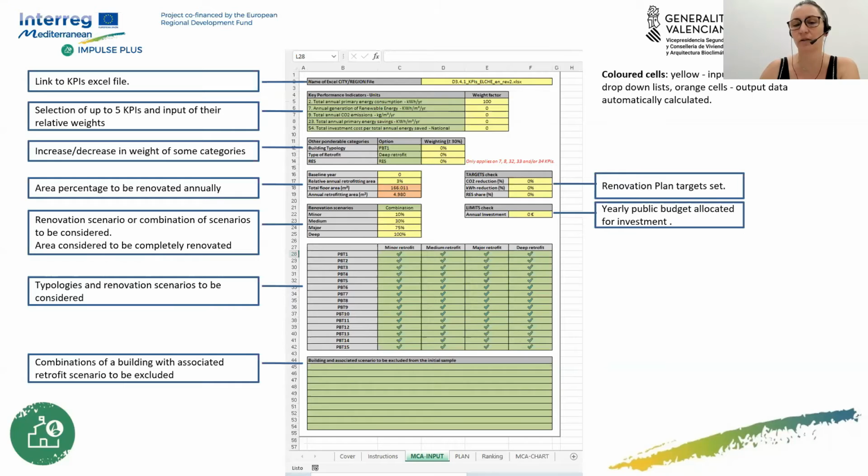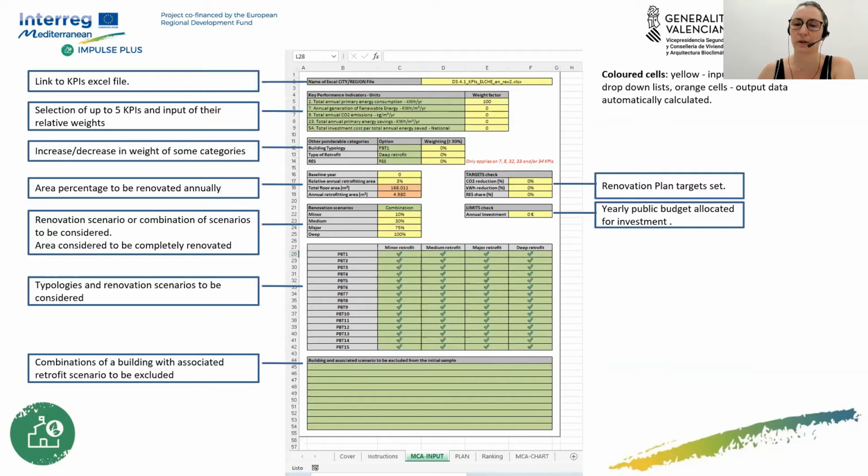So we will only consider, in this case, 10%. In this case, for example, we have defined 10%, but this is a range. We can define a number within the range that we consider convenient. So we define this percentage, and we will consider this percentage of surface to be renovated under